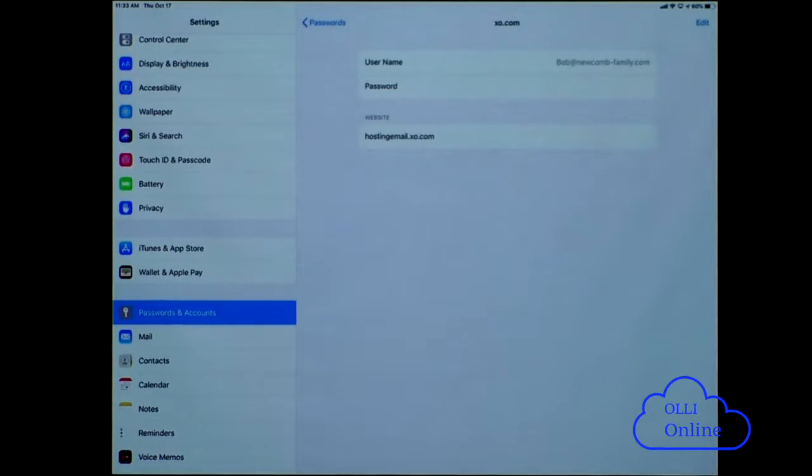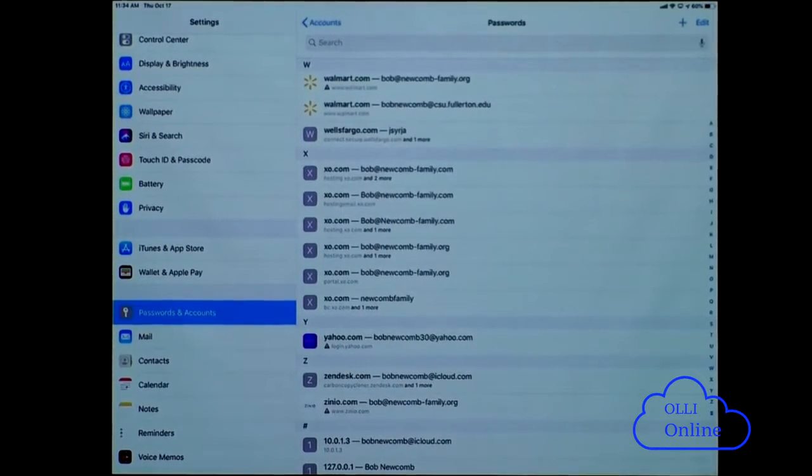I think this is a new change for iOS 13. I used to have to be very careful about this. So that is the keychain. But you can see how many I have in here. You can tell